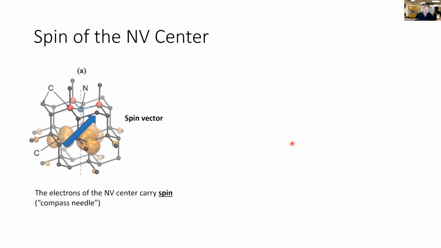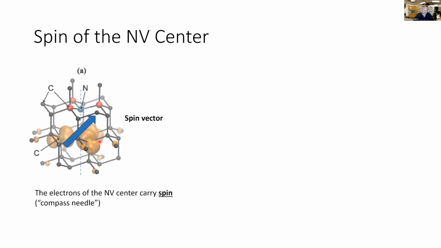The most important thing about the NV center is that it actually has a spin. I don't know if you've seen this sort of spin physics before in your quantum mechanics, but there's the charge of the electrons that is spread out over these wave functions, but there's also the spin of those electrons, and the electron spins for NV sensors are very important. The reason is that you can think of the spin as basically like a little compass needle. So there's a spin that lives at this NV center,